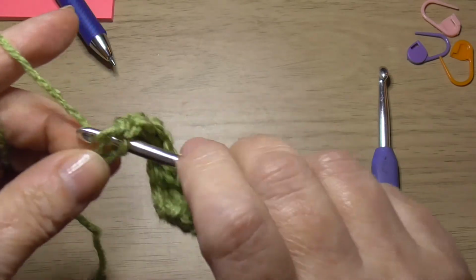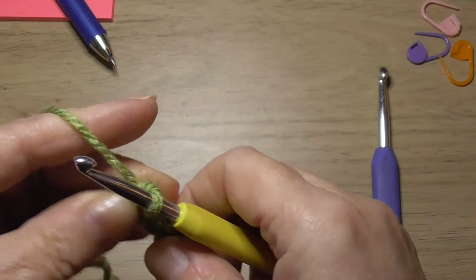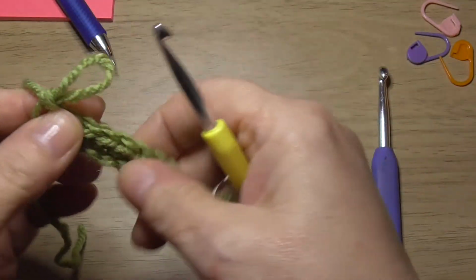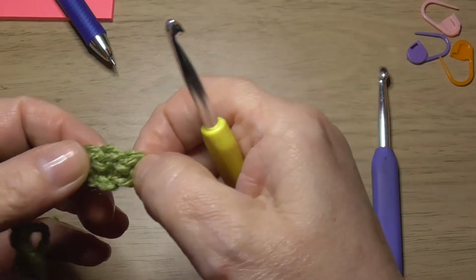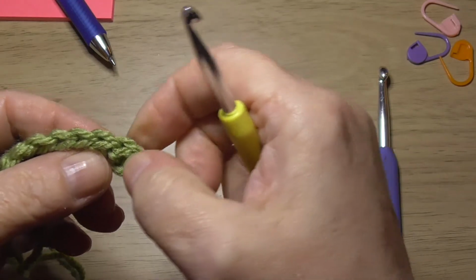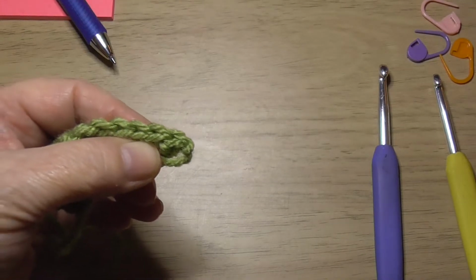This is your end one. Yarn over, pull it through and pull it through. Let's just pull that loop up a second and we'll have a count. So we should have 12. So there's 1, and you can either count the bodies of your stitches or you can count the V's. If you look along the top,